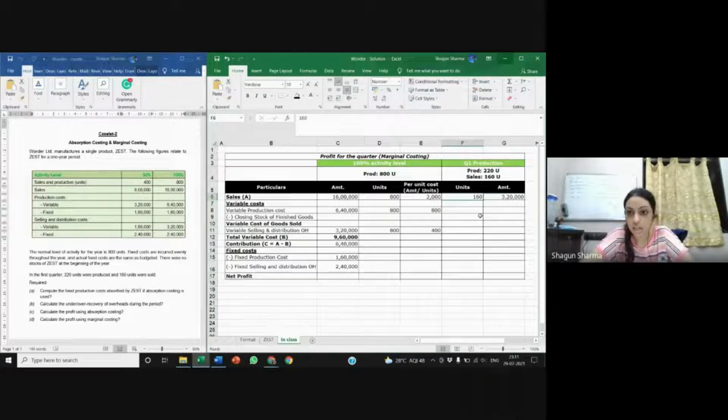All right. Now coming to my variable costs. I do know that I have to record one production cost and I have to record one selling cost. Now the difference that you need to recognize is that we discussed that because the number of produced and sold units are different, we are going to have to make an adjustment. But that adjustment within variable costs needs to be performed only for production cost, because the production costs have been incurred on 220 units, right? So they need to be adjusted.